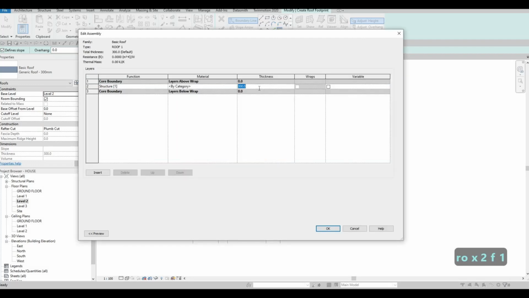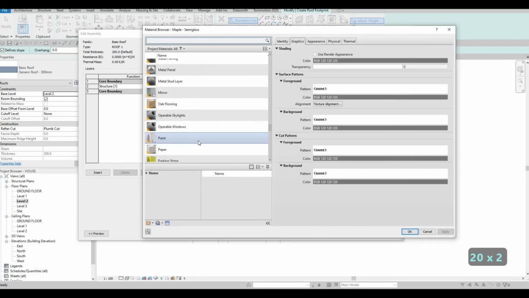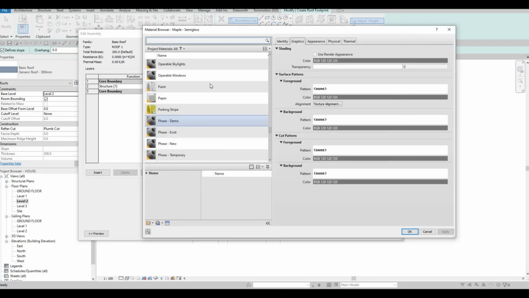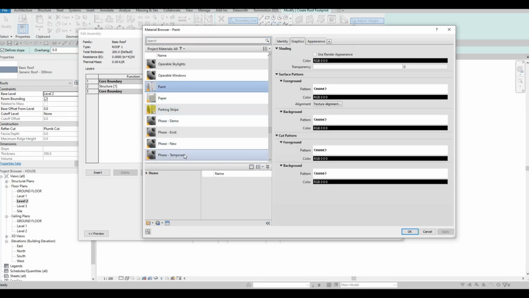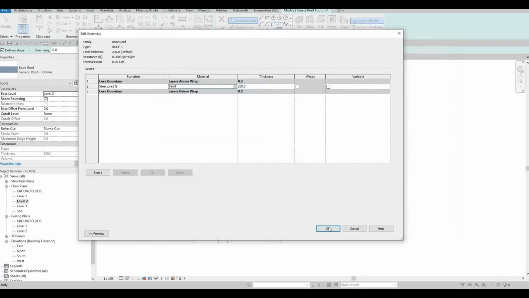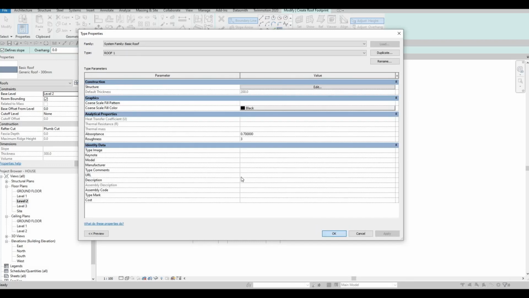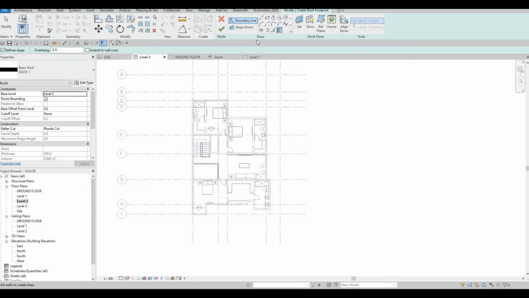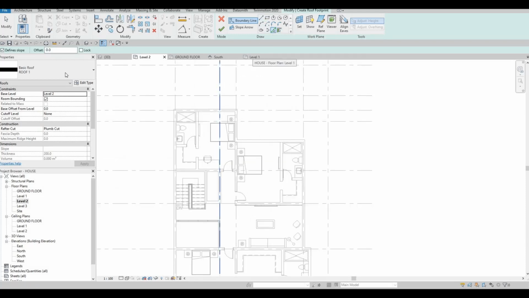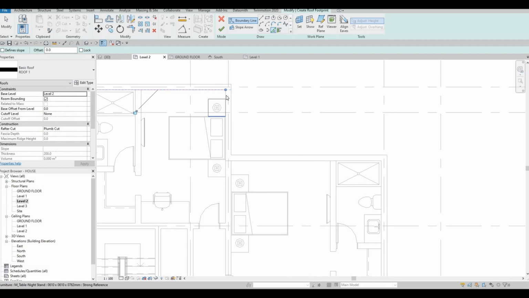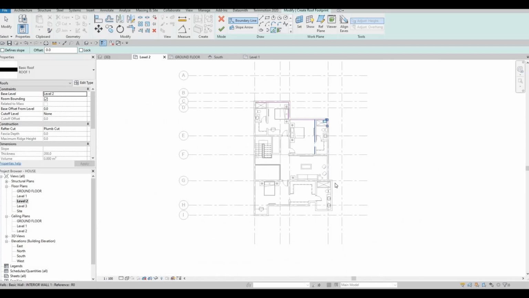edit this thickness to be 200, and then here we could just put in one of those paint material, and then after that we could just assign a paint for the asphalt shingles. So here I'm going to create a flat roof, so make sure define slope is unchecked, and then here just quickly selecting the inner walls,